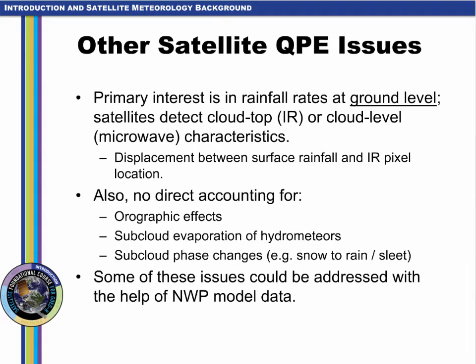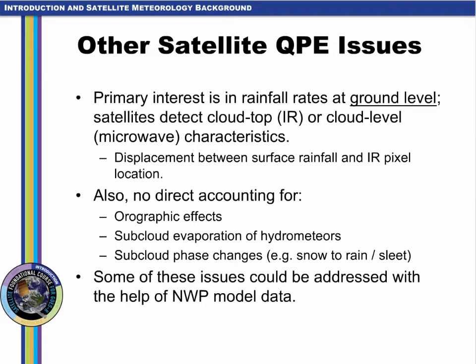Remember, our primary interest is in rainfall rates at ground level. Satellites detect cloud top or cloud level characteristics. With the higher spatial resolution of ABI, rain rate shafts are often not vertical, so the surface rainfall can be displaced by up to a few pixels from locations indicated by the IR imagery. Also, another deficiency in using satellite rainfall rates include no direct accounting for orographic effects, subcloud evaporation of hydrometeors, and subcloud phase